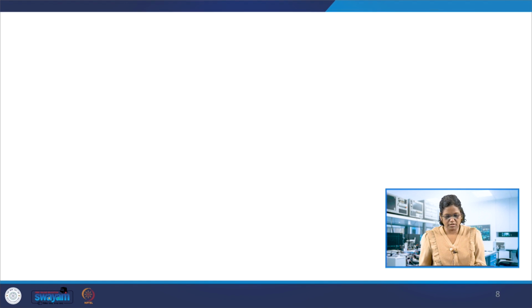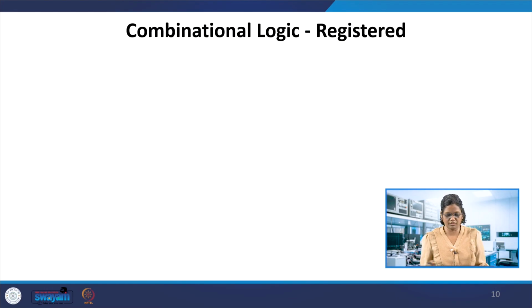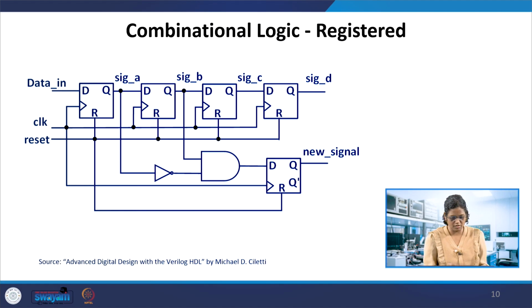After this, the registered variable can be obtained with the flip flop at the output. So a combinational logic is registered in the sense that we have the output at the flip flop. For example, take a 4-bit shift register with a data input, where a clock is given to each flip flop, in synchronism. It is a synchronous sequential circuit in which the Q output is given to the next flip flop.